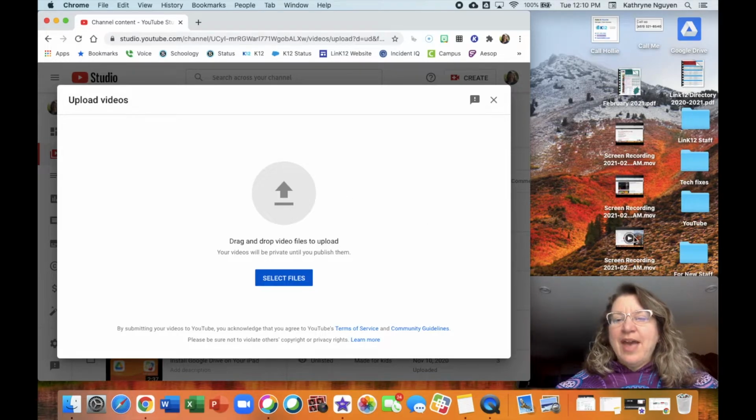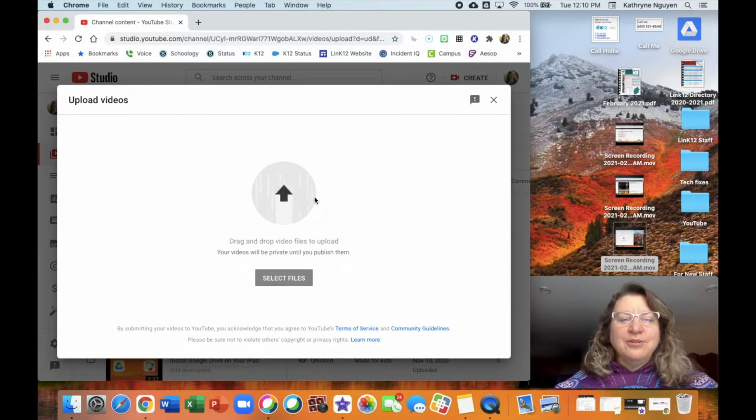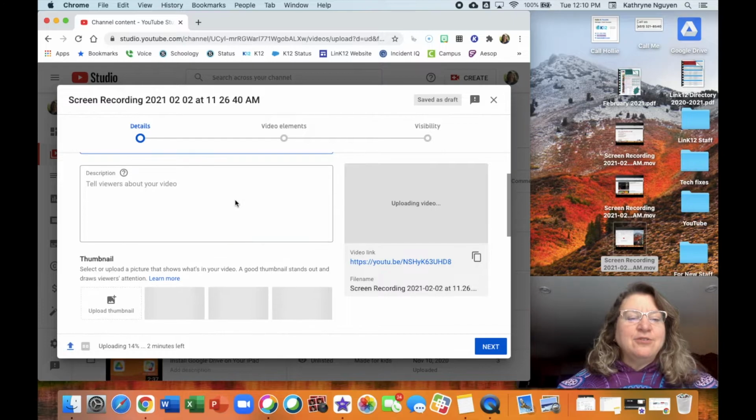So then if you have your screen recordings saved over here, you can just drag it over and drop it in the window. Now it's going to take a while to upload, but first there are a few questions that it asks you. First of all, you're going to select a title, and so you can type in something better here. And then if you scroll down,